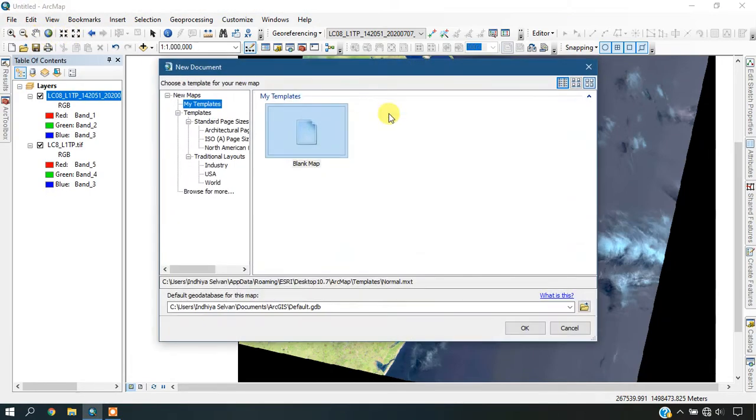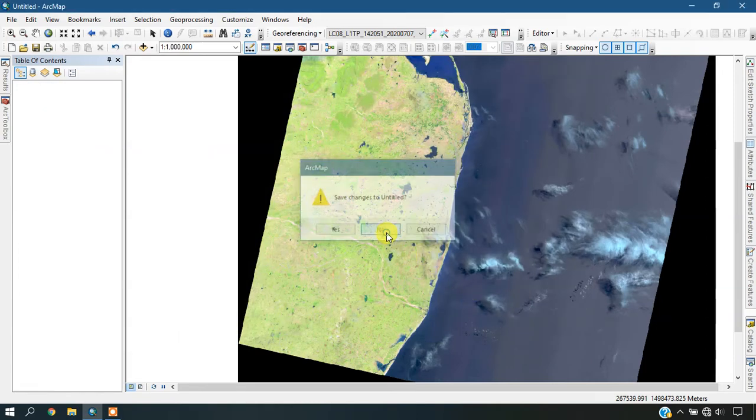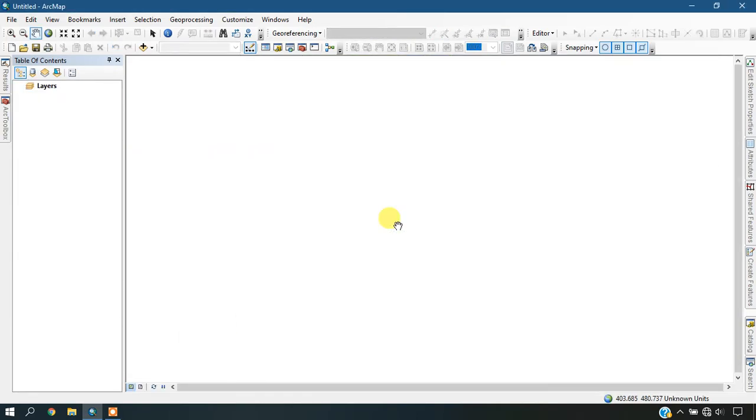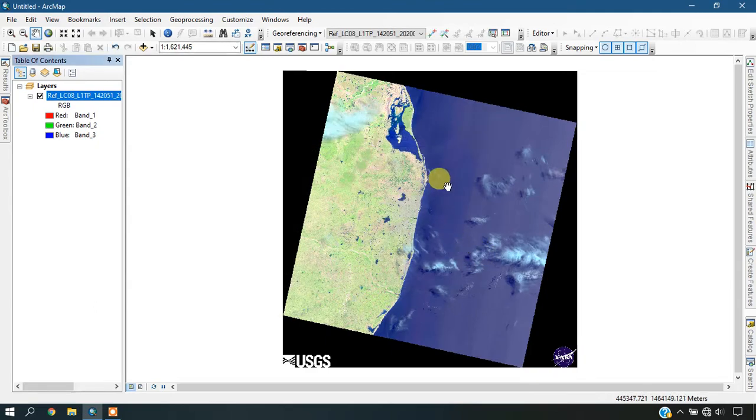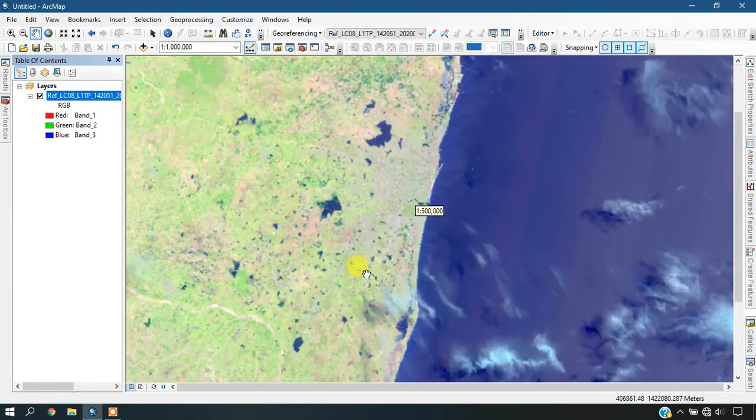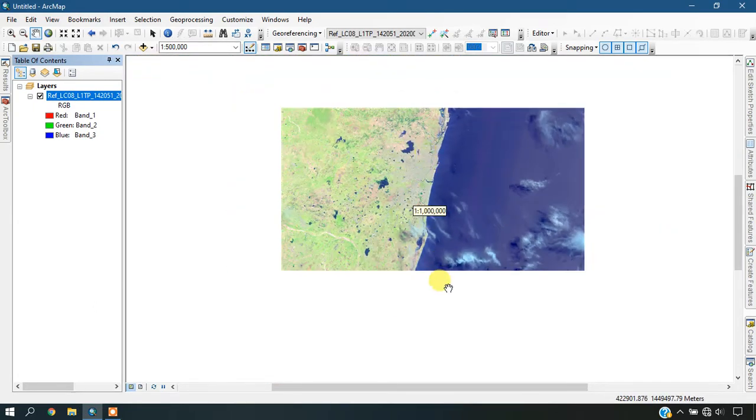And open a new ArcMap. Here we can see how the georeference has been done. We have saved it in the output folder. Click on the output folder and just add the image here. So you can see here the image is being georeferenced.